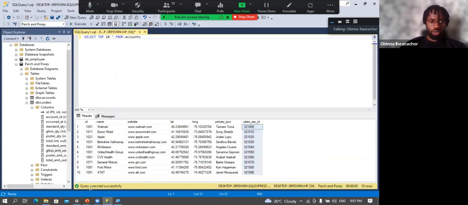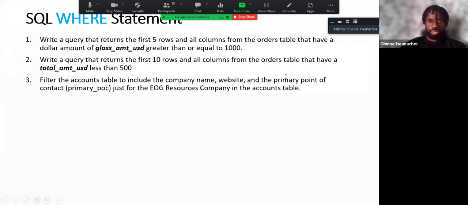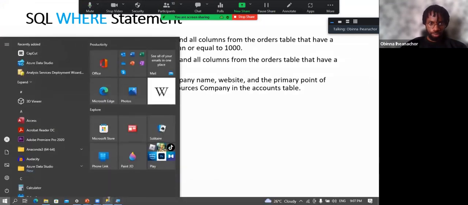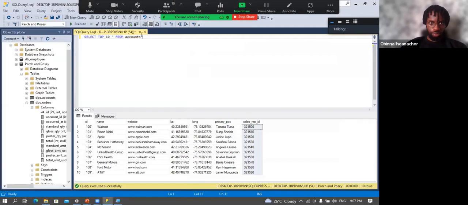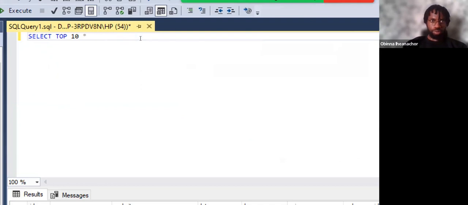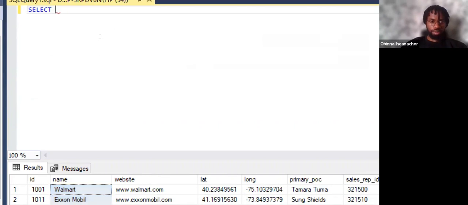So back to our question, we want to return three columns: company name, website, primary POC, where name is equal to EOG resources company. Once we return, this is the company name, so select name, comma,